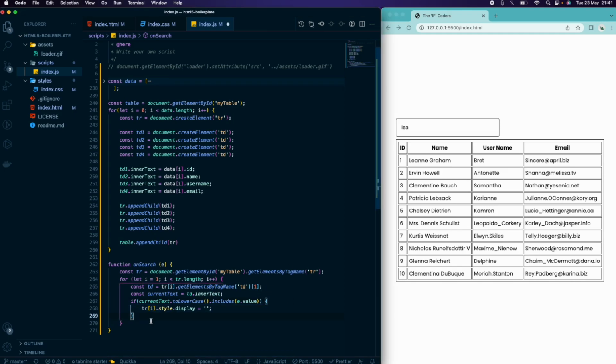So if that returns true, if whatever I'm typing is inside of this name, then for the styling of this row, tr of i, basically tr of i is the row, I'm saying don't do anything, don't add any styles to that row. But else, if the letters don't match, for example LEA doesn't exist, I'm gonna say just remove this row from the DOM. Just remove this from the table. So I'm just saying display equals none. Now if I do this,